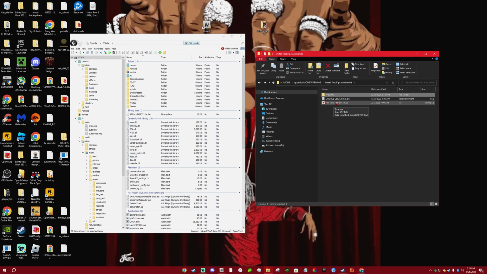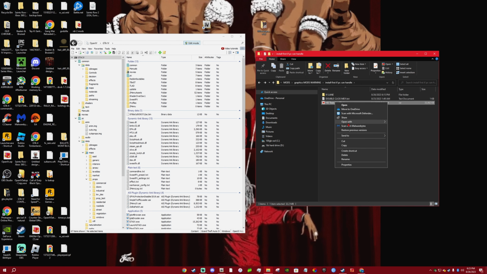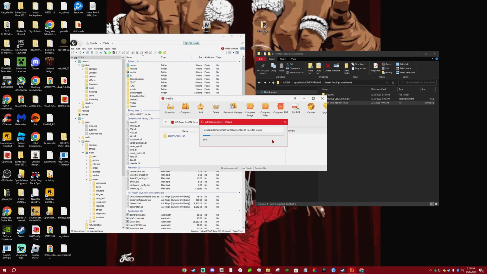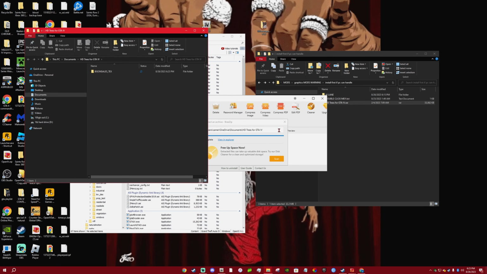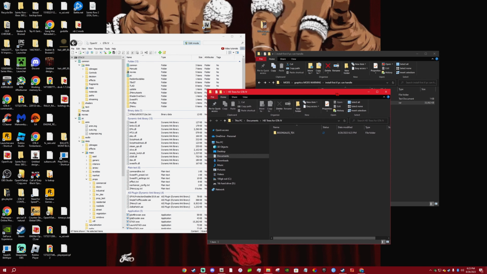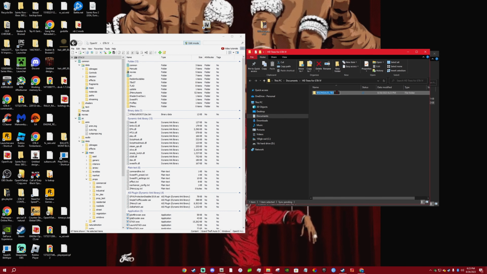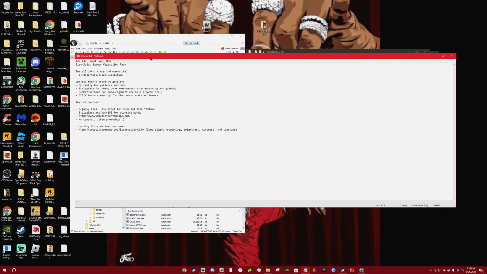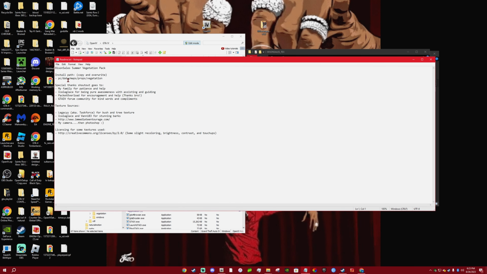Okay, that is done. Now for the trees. So you want to right click on the trees, HD trees, and you want to extract it. Out of that. Now go to the README, see where we go. Okay, so let's navigate to PC, data, maps, props, and then vegetation.